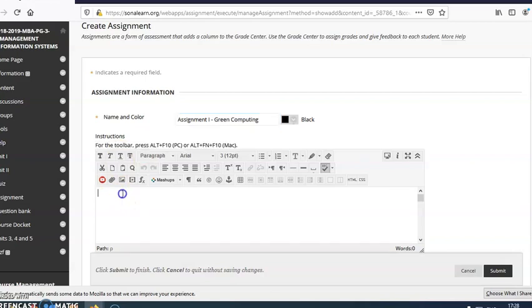Then this is the instruction part. We can add some instructions to the students here. Say for example, I am going to give: submit this assignment on or before 15 July 2020.